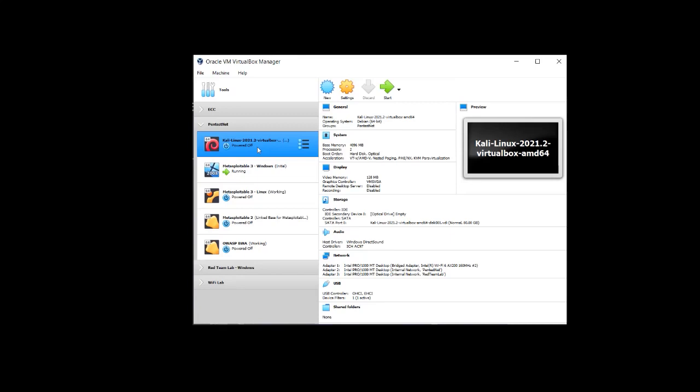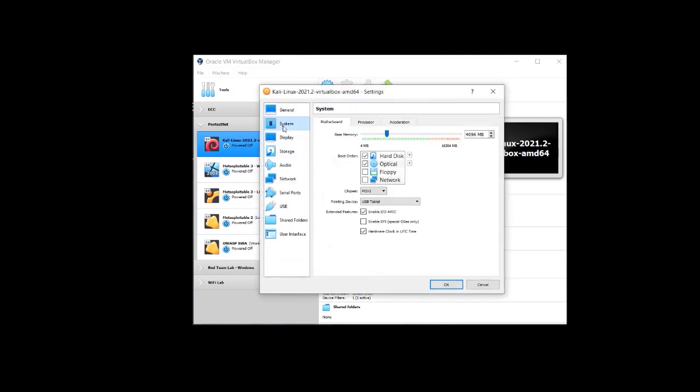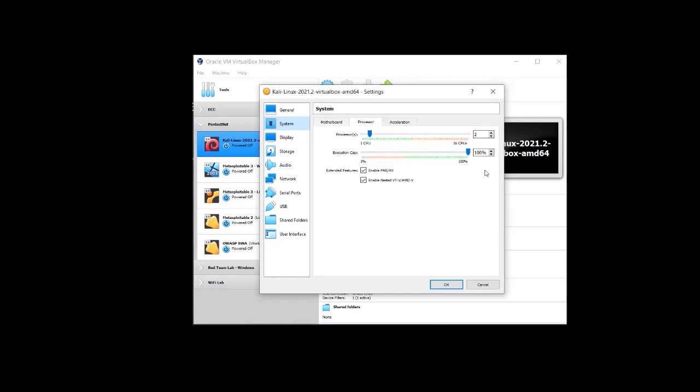So let's take a look at the settings on the Kali Linux virtual machine. If I click on settings, here I can see on the system, I can adjust the boot order like a real computer. I can adjust the base memory, which is the RAM allocated to this virtual machine. I could assign the number of CPUs